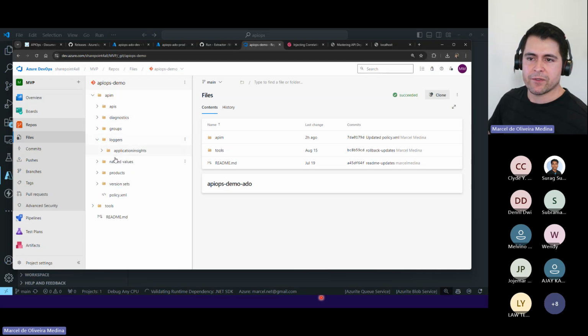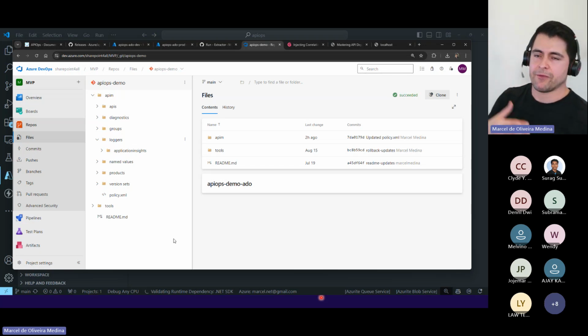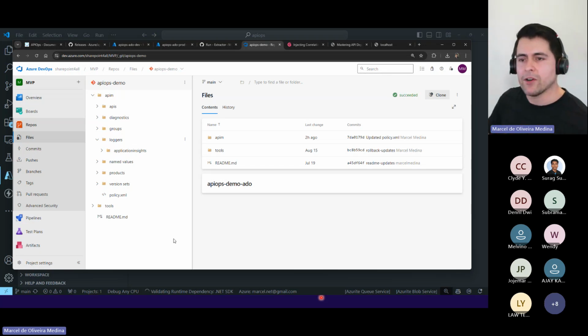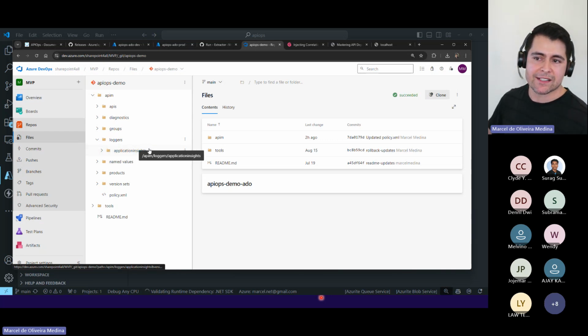I would say specifically with loggers, right? Because application sites, you would create something specific for dev, something specific for test. What I noticed is that those are hard-coded, or it's more like a label, right? Hard-coded labels would come in here. You could end up having something like application sites dash dev as a folder name.